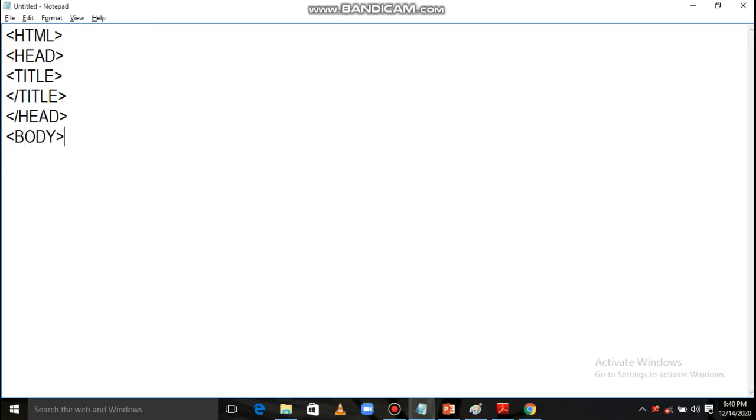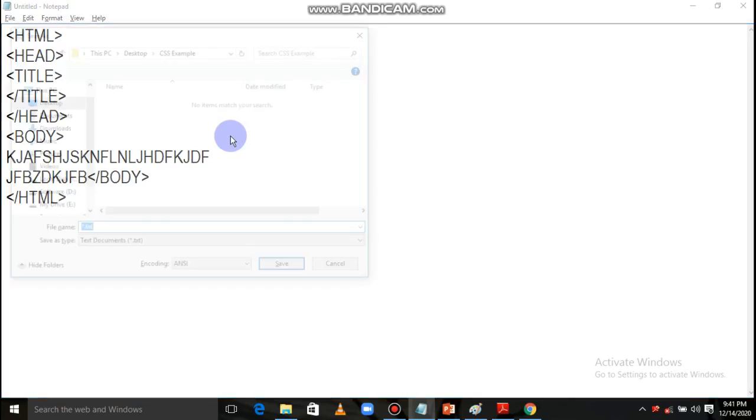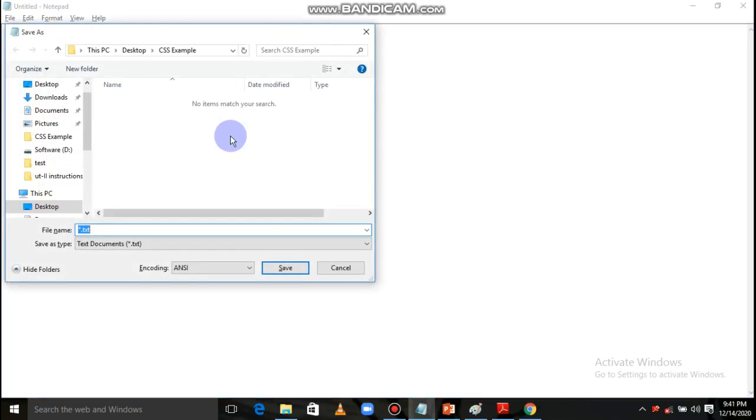Body, suppose you are having some content, body close, HTML close. Now save it with ex3.html.